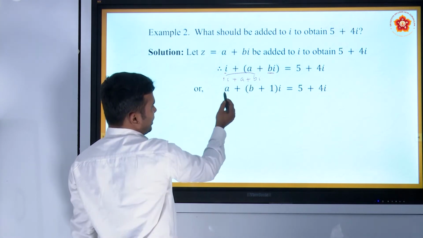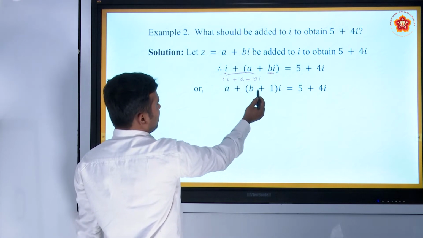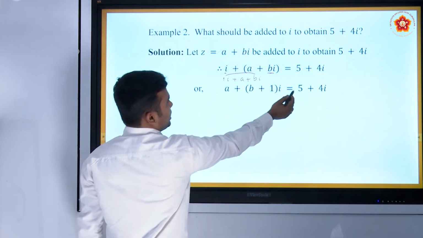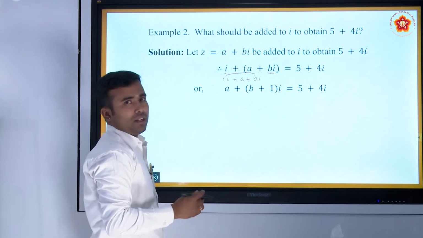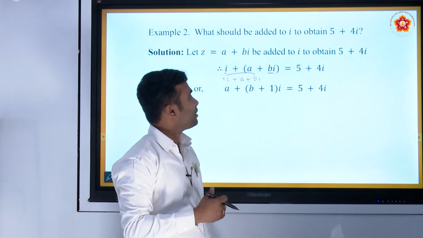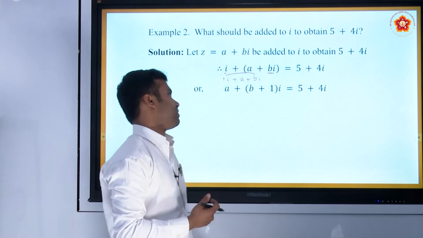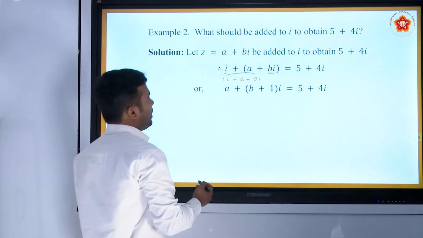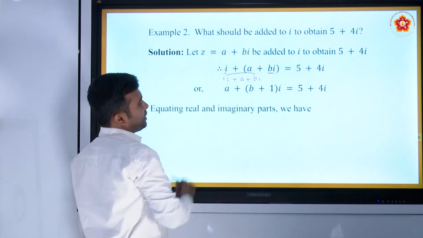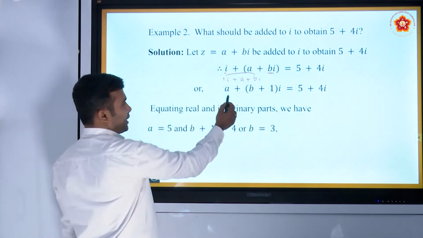So this can be rewritten as a plus, if you take i common, (b plus 1)i is equal to 5 plus 4i. Now this is equality of complex numbers. In equality of complex numbers, what you can do is equate the real parts and imaginary parts on both sides. Here, equating the real parts and imaginary parts, then we can have,